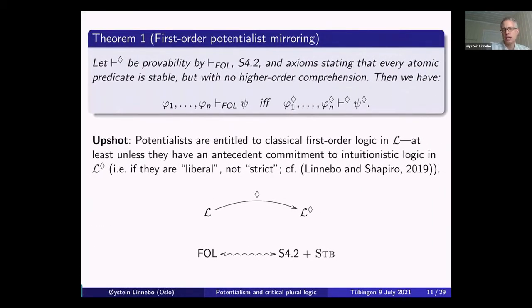And here we get the validity of using ordinary classical first order logic for these purposes. So suppose on the modal side, you plug in everything I've mentioned so far. So S4.2, the stability axioms, that's over on the modal side. Then you may use just ordinary classical first order logic on the non-modal side. So one is mirrored in the other, so to speak. So I call this a mirroring theorem. It's also a result about faithful interpretability.